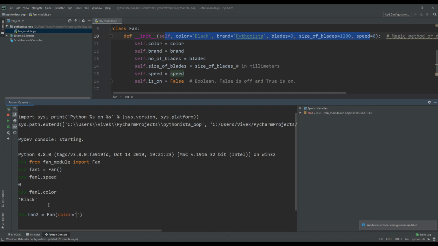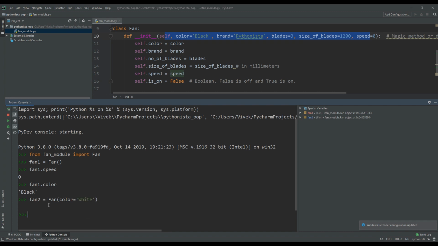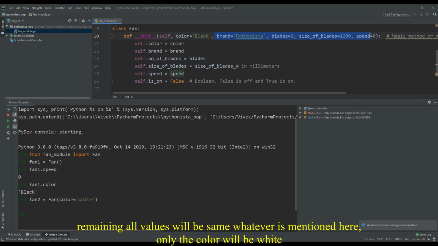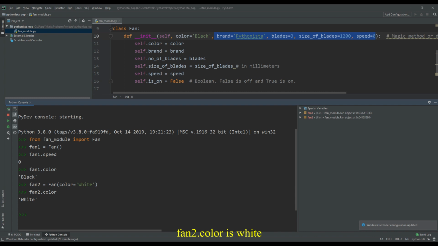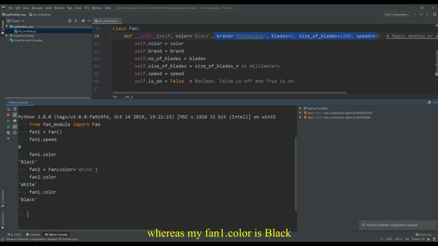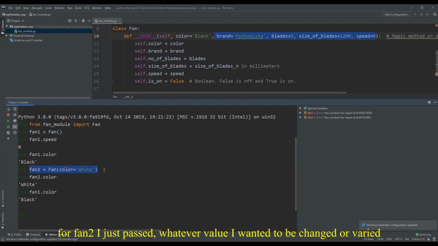So I'll say color equal to white. That's all. I just change the color. Remaining all values will be the same, whatever we have mentioned here, only the color will be white. Okay. So fan2.color is white, whereas my fan1.color is black, which is the default value, because for fan1 I did not pass any value. For fan2 I just passed whatever value I wanted to change.